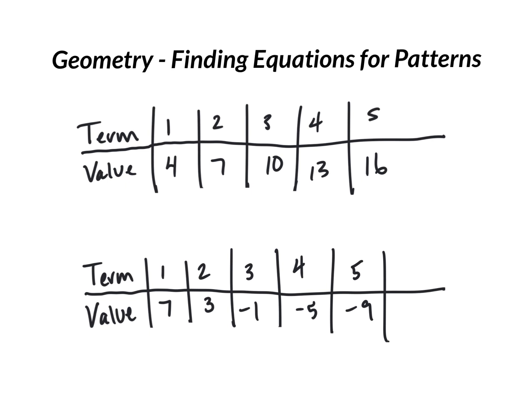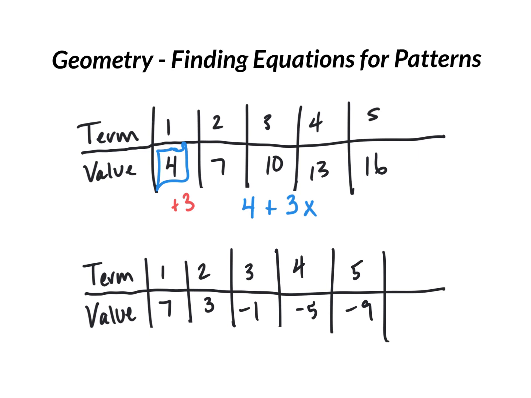So the first thing to do is identify the pattern when we're asked to find an equation. I would look at this and say, well, the first term was 4, then 7, then 10. To me, it looks like we're just adding 3 every time. So the pattern is just to add 3. To make an equation out of this, I always start with the first value. Our first value was 4. I say, okay, 4 plus, because that's what's happening every time, we're adding, and then I write 3 times